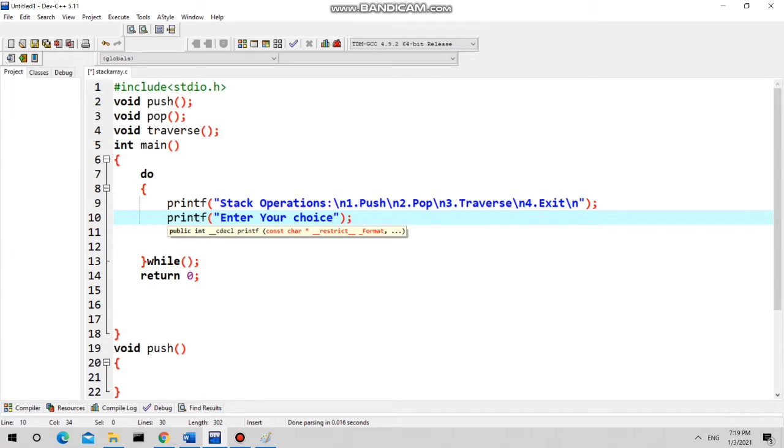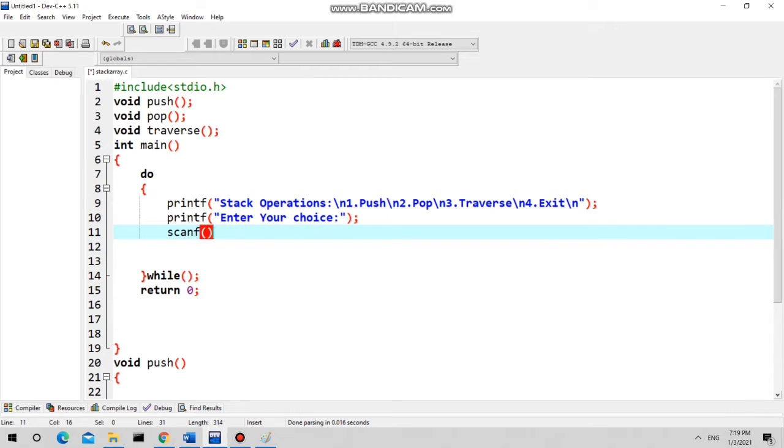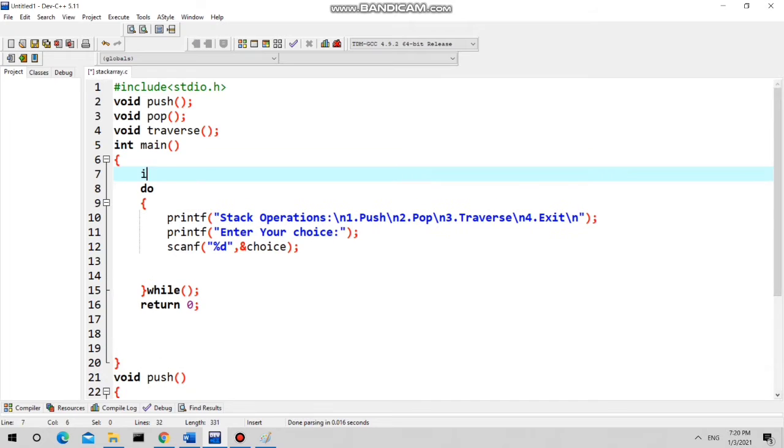Now he can press the choice. To read that choice, I'm taking the scanf function, and I am using one integer local variable here, that is choice.